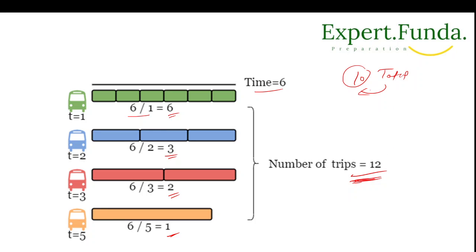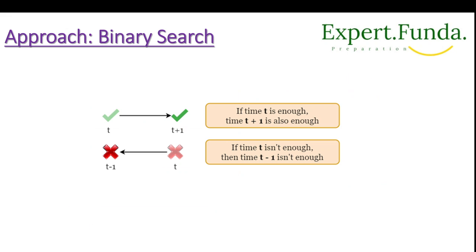So how will we complete this? The total trip is equal to 10, and what is the minimum time we have to find for all the buses to finish? I think you have understood. If not, please pause and go back to understand this whole concept again, so that you will understand the approach that we are going to discuss, that is the binary search. So we are going to see the binary search approach, in which we will see